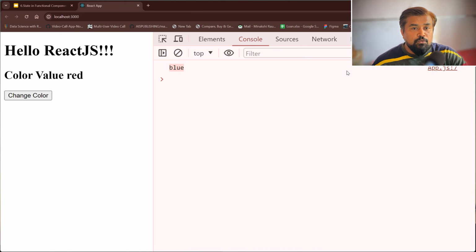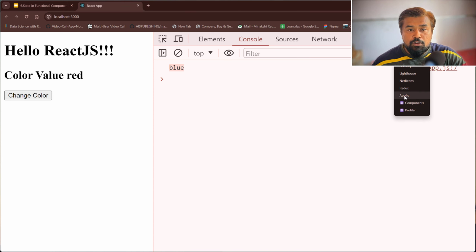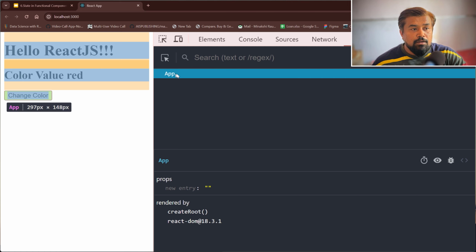Okay, so we already installed the React developer tool. When we go to the component app,